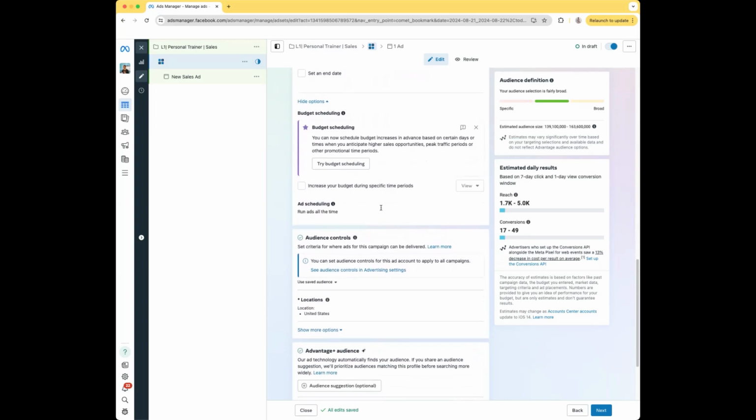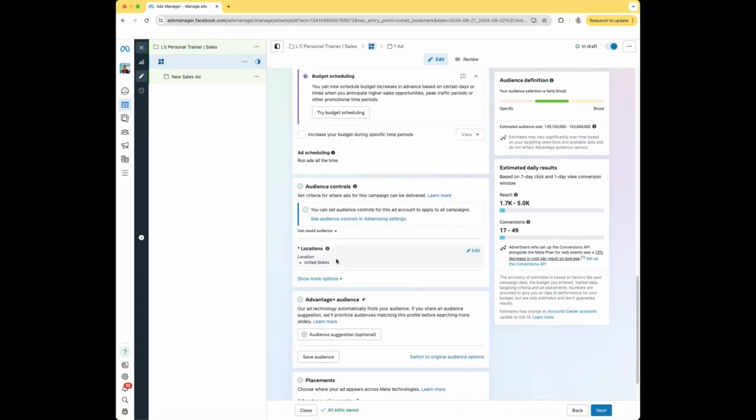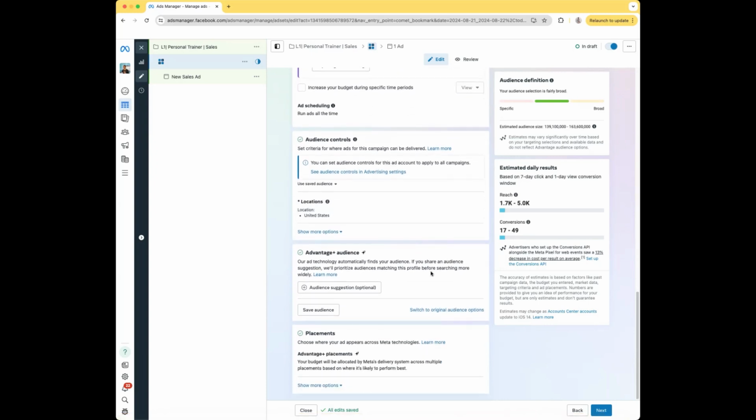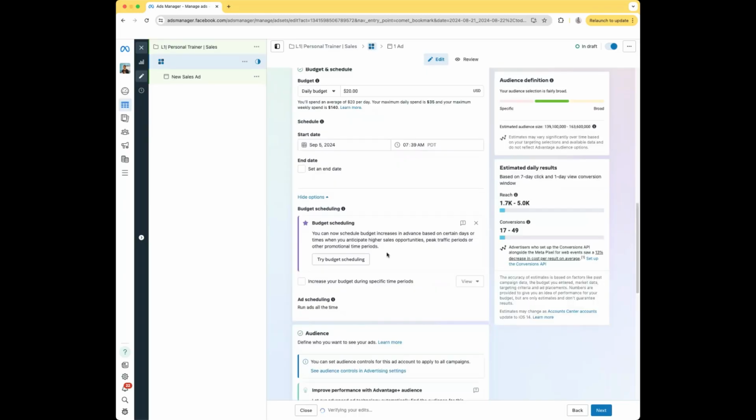Going down to audience controls. So locations, United States, that's the country I'm in. So I'm going to leave that. I could add other English-speaking countries as well, but for this example, we'll just leave this as it is. And for you, obviously, you're going to want to use the country that you're in. Advantage plus audience, we want to press this blue switch to original audience options, use original audience,